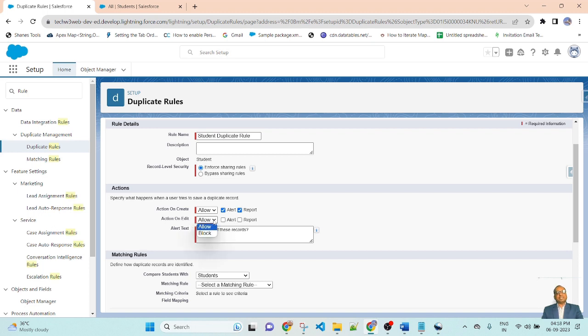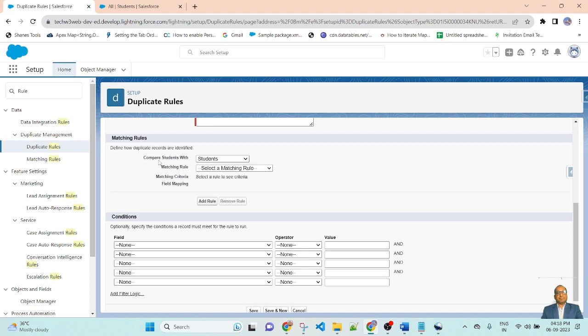So if you select allow, then if you edit the record and check mark this alert and report, then the system will display the alert message. This is a duplicate record, but the system will allow creating a new record.